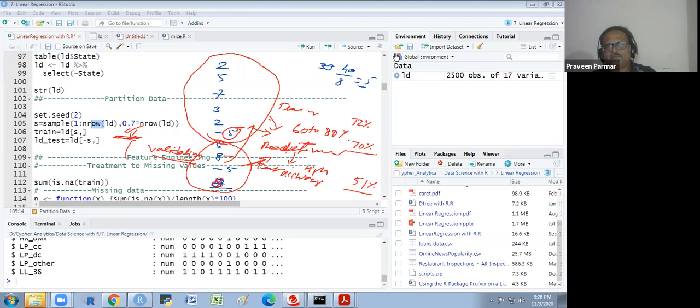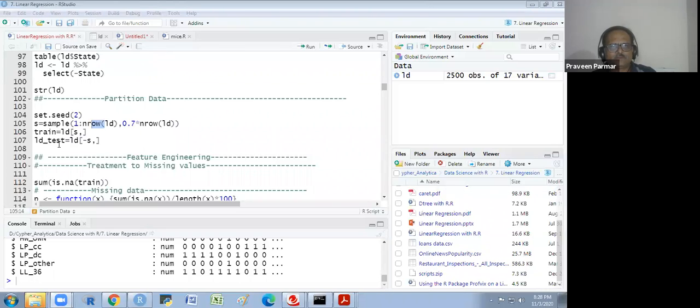So I remove this. I have written there LD underscore test, and here I have written the train. So I am changing this word. I have intentionally written test there because I want to explain that we have to use validation here. It should be like a validation, but here we don't have some other test data. So we are using it in this way.